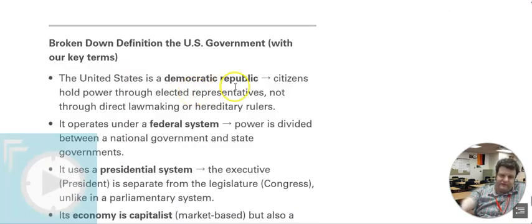If we break down these definitions, let's break it down. Democratic Republic. If you're an American citizen, you have the right to vote in elections, and the people you elect to office will represent your interests in government. They vote on laws, they meet in a capital, whether it's the state or the nation's capital or the county seat, and they make the rules at the level that they're at. They represent your interests. If you don't like what they say, you elect somebody else in the next election.